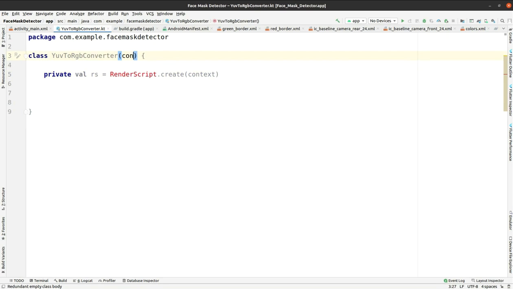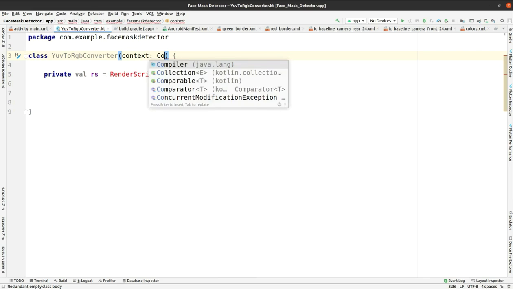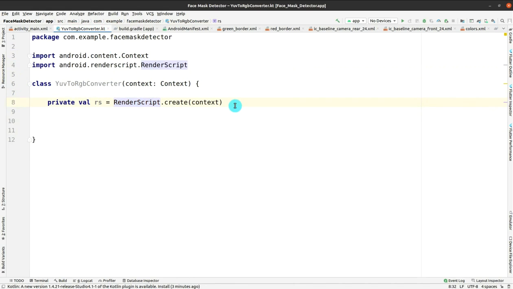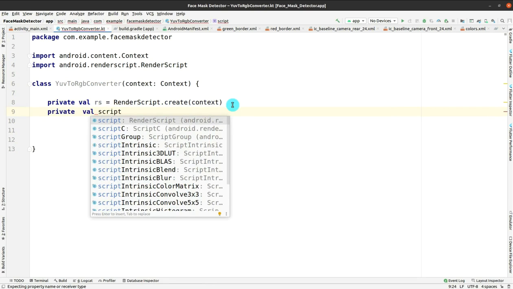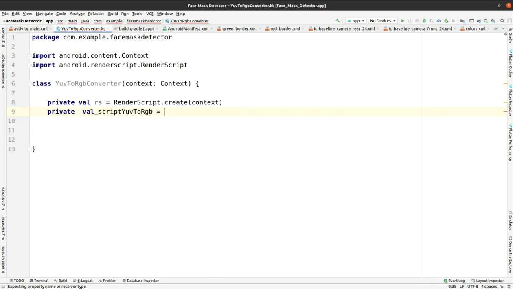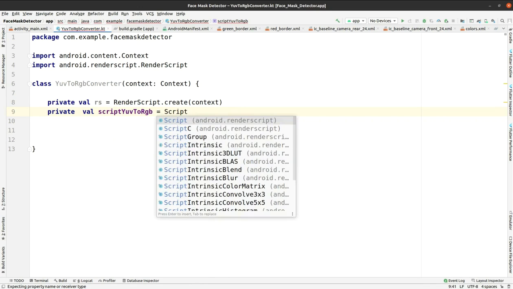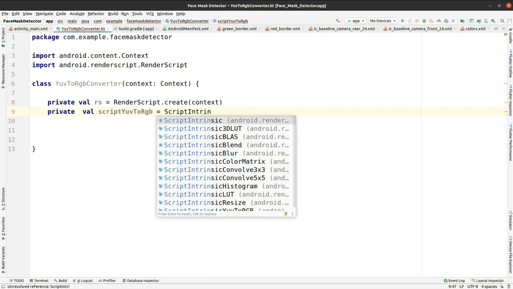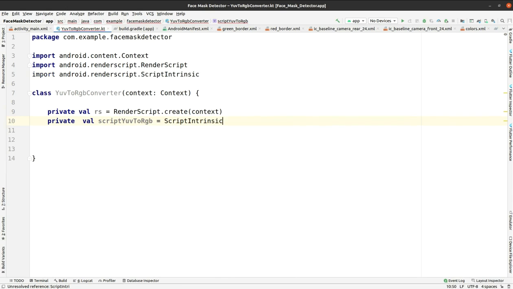Actually, this is a helper class which will be used for converting the image object from image format YUV_420_888 to bitmap object. Then the YUV to RGB method will be used for getting the image of a limited size. So here we have to create a script YUV to RGB variable, and then ScriptIntrinsicYuvToRGB dot create, and we have to pass